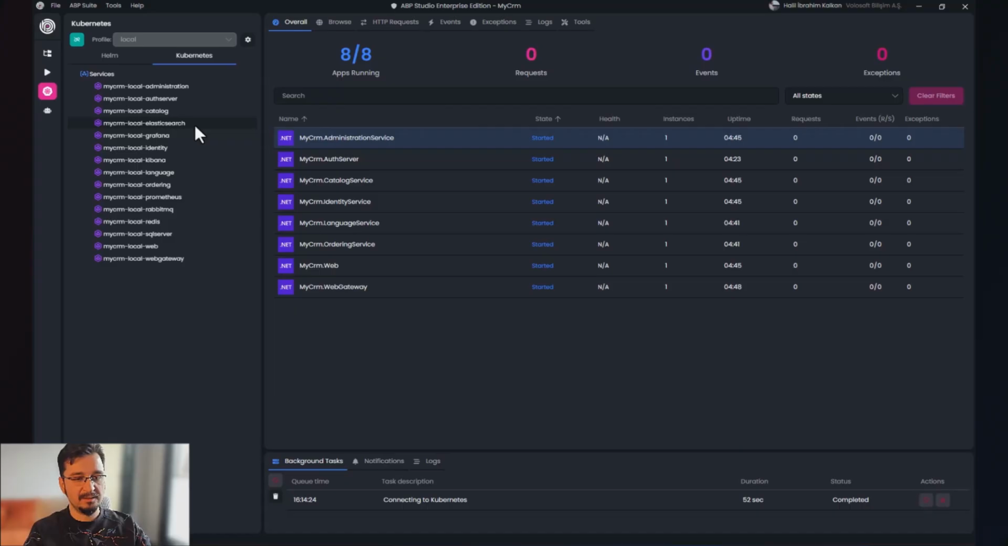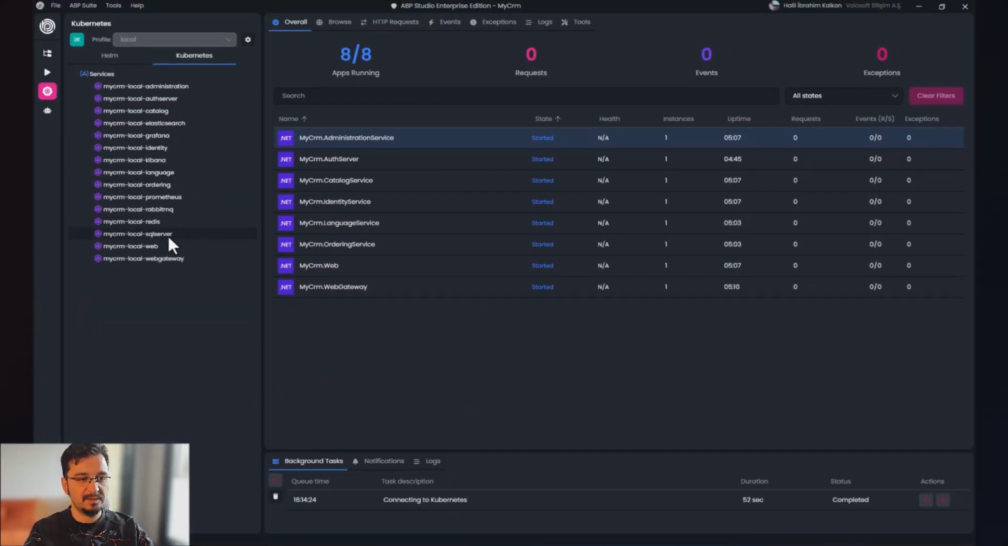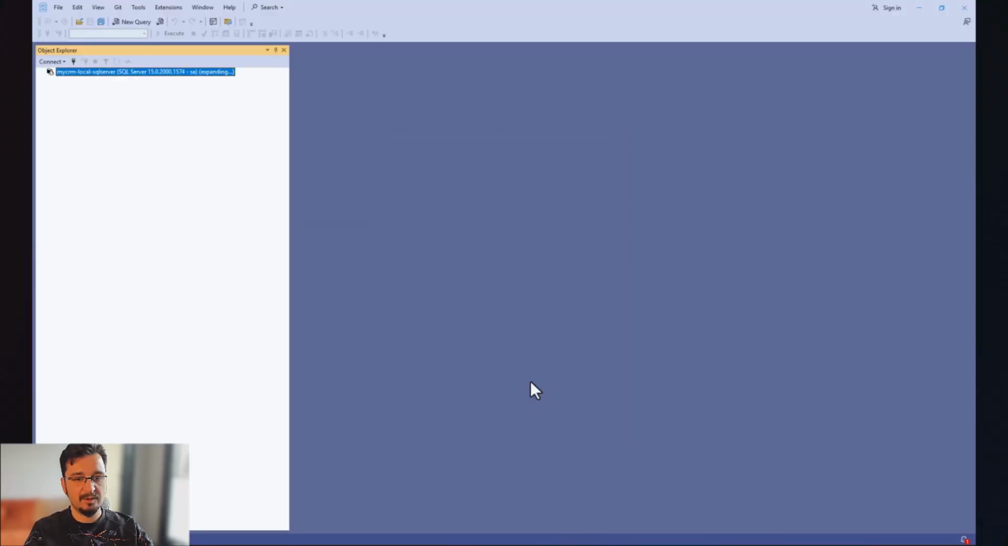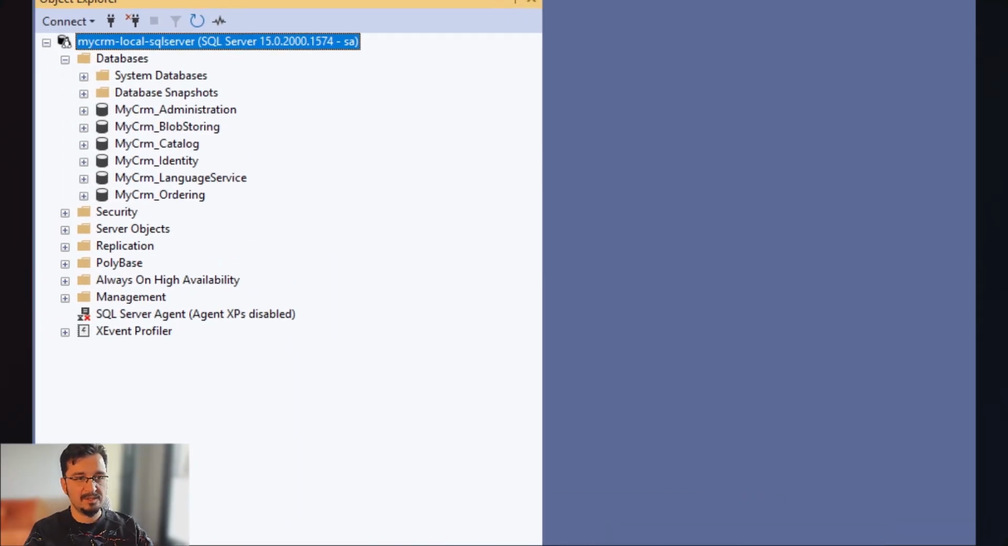Okay, it's connected, and we can see all the services here. For example, some internal services like SQL Server or the catalog microservice or ordering microservice and so on. As I said, even internal services like SQL Server are not exposed outside of the cluster. However, after connecting to Kubernetes, we can connect to the SQL Server database that is running inside Kubernetes. We can explore the databases. You see, for every microservice, there is a corresponding